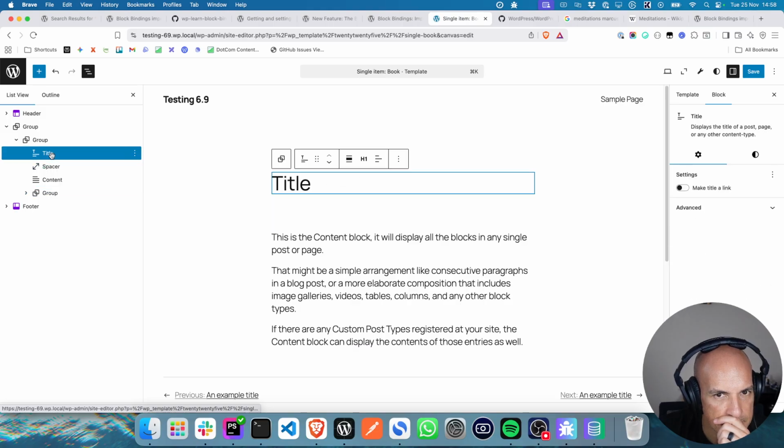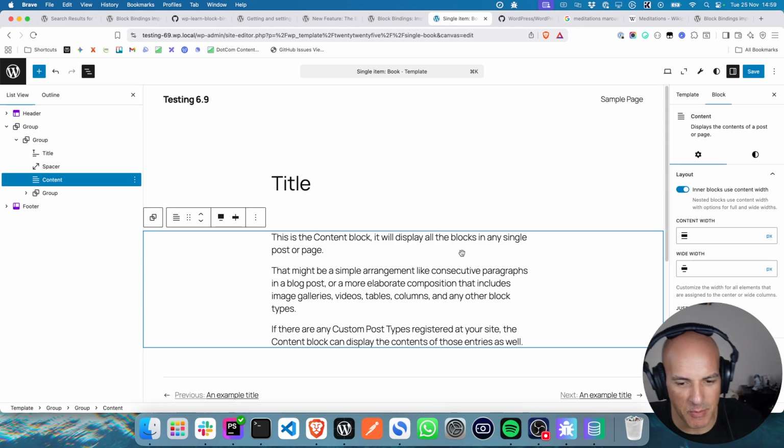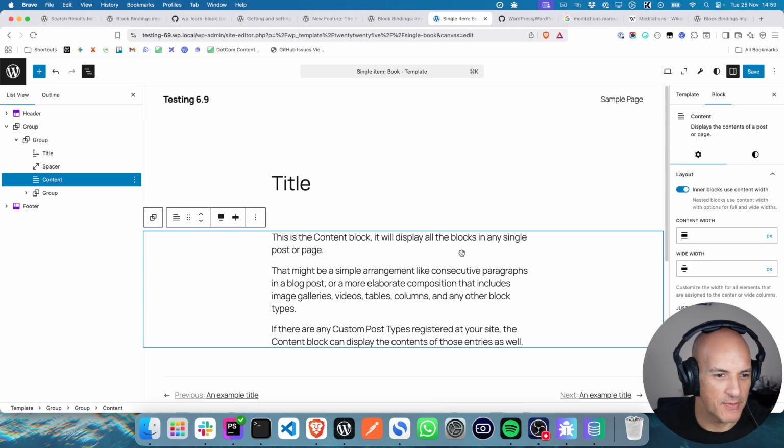With title. Its content: Hey Aslam, I'm just experimenting with block bindings today, trying to figure my way through.